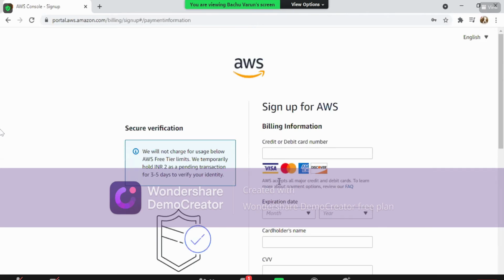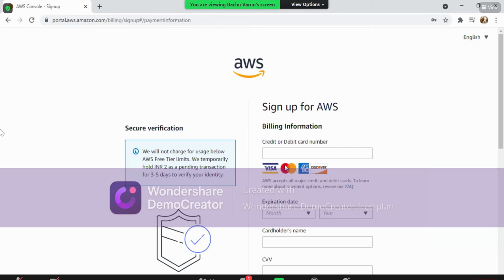So you have to provide only two options. You got Visa card and you got Mastercard. If you are trying from other countries, you can use American Express and Discover cards, but these are not available right now here with us. So we are mostly available with Visa cards as well as Mastercard. So you can use either of these.